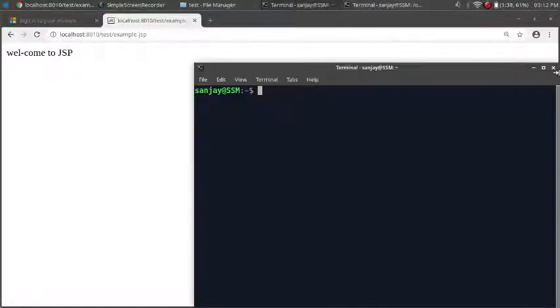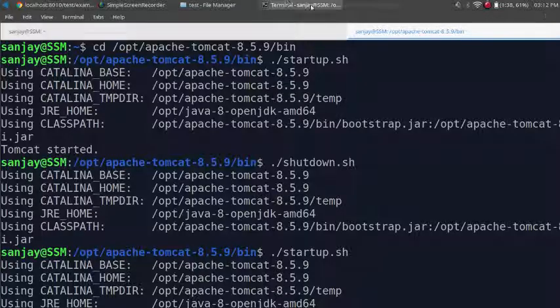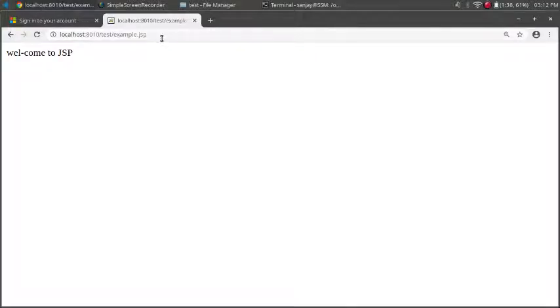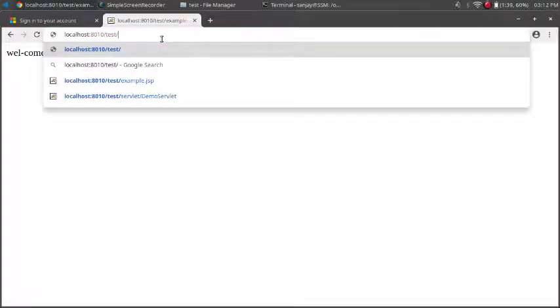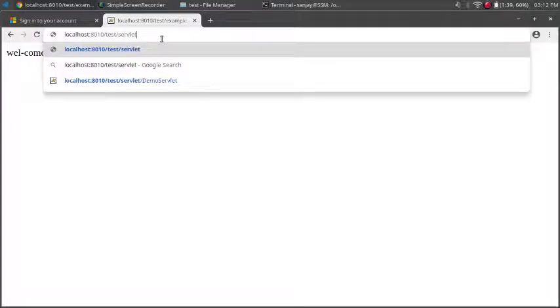So JSP you can run in same manner. Now for running the Servlet program, remember that you need to go the proper way to run the Servlet. Test, Servlet demo.